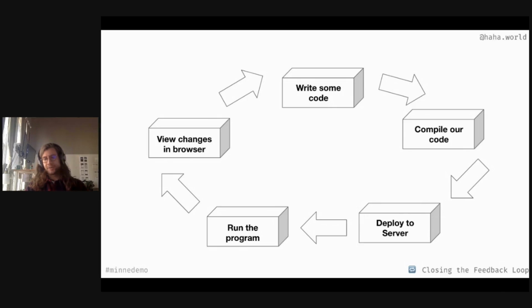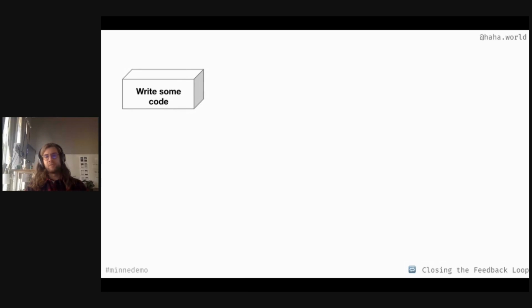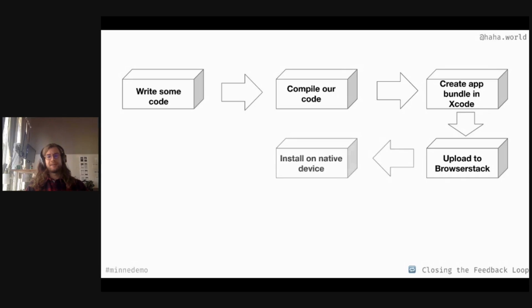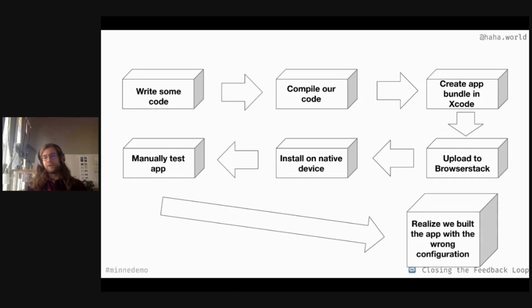And I know I've worked on some projects where it gets even worse than this, where we were developing a hybrid mobile app, and so we're using the same JavaScript code base to deploy both something to the web and also deliver native mobile apps. And so in that case, our feedback loop can sometimes end up looking like where we write some code and we compile our JavaScript and bundle it using Xcode and upload it to the platform we use for testing, Browser Stack, and install it on a native device, and then start maybe manually testing the app there. Only then to realize that we made some mistake early on in this process. Maybe we built the app with the wrong configuration, or